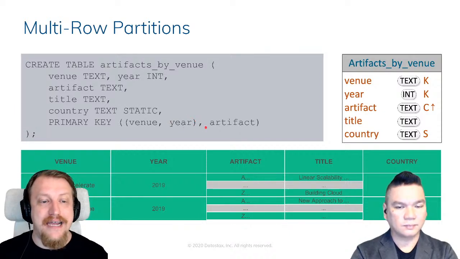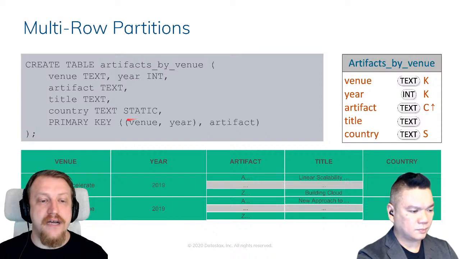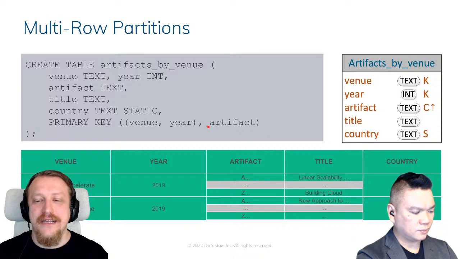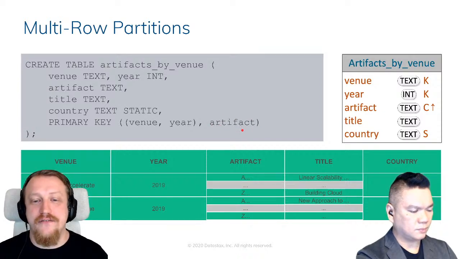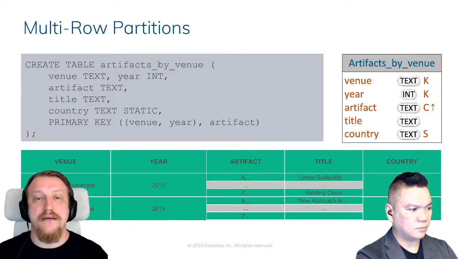in this venue. And finally, as a clustering column, I use artifact. What's the point and why use artifact? Don't forget, those two are defining the partition, but that's not enough. If I had a primary key of just venue and year, it basically means I can have only one event per venue in a year, because that's not unique enough. And then I'm adding names or IDs or whatever artifacts of this per event. And as a result, I have a unique enough primary key, so I will not overwrite existing data.